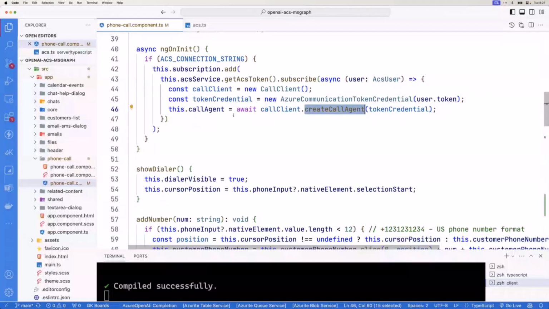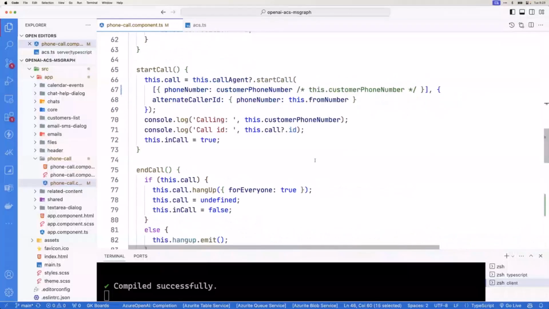So the last part I want to show you is right here. Now I hard coded my phone number. Normally it's going to get it from whatever's on that grid. The data grid that I showed you earlier, like the customer number or the company number, something like that. In my case, customer phone number, that's my personal number.